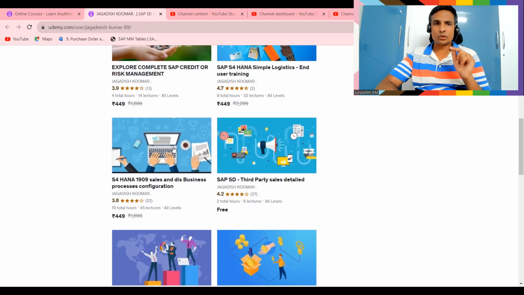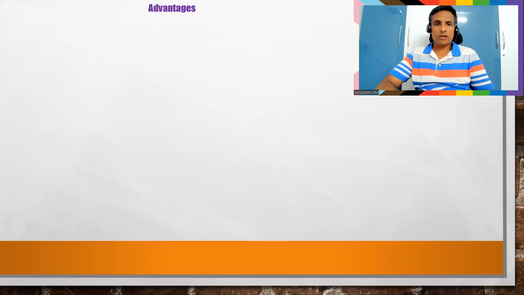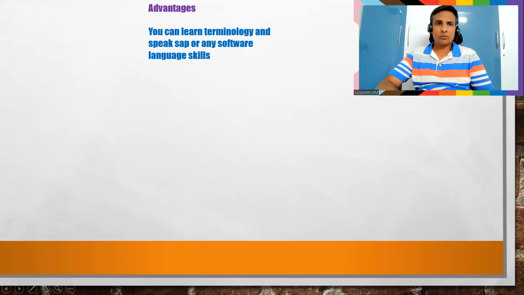Now let's quickly get into our topic. The first thing, what it talks about, you can read this. You can learn terminology like sales order, OTC order to cash, purchase to pay, third party sales, condition exclusion, condition inclusion, material determination. So if you are learning all these things in Hindi, or in Telugu, or in Orissa language, or in Tamil,